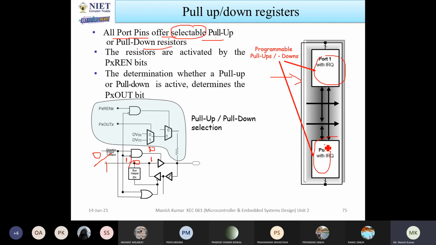I have just defined port 1 and port 2 with interrupt ports. So one is acting as a pull-up and one is acting as a pull-down. But port 1 and port 2, I have defined it, but it doesn't mean that port 1 is only used for the pull-up. Port 1 is also used for pull-up and pull-down devices. Port 2 is also used for pull-up and pull-down devices. Okay, now when you want to use this pull-up and pull-down concept, what will happen?